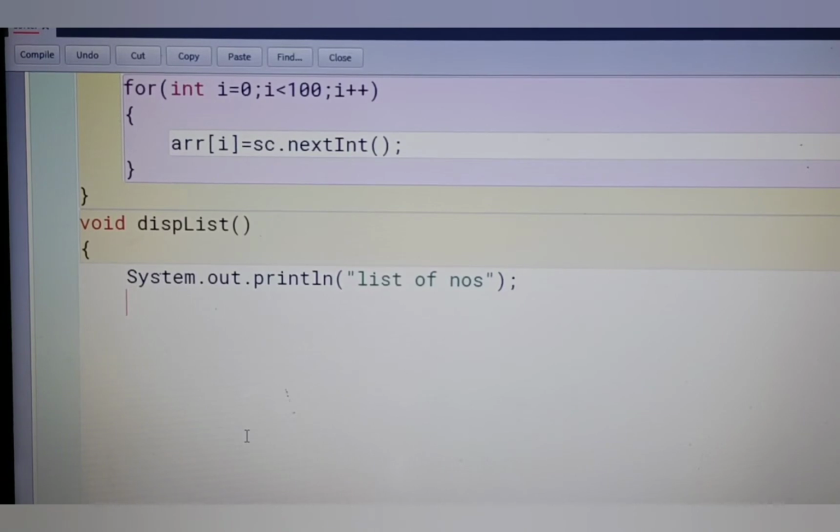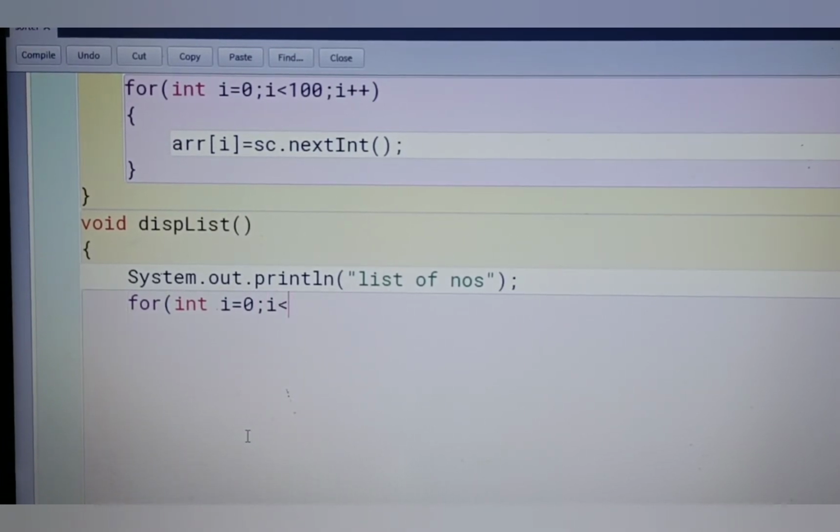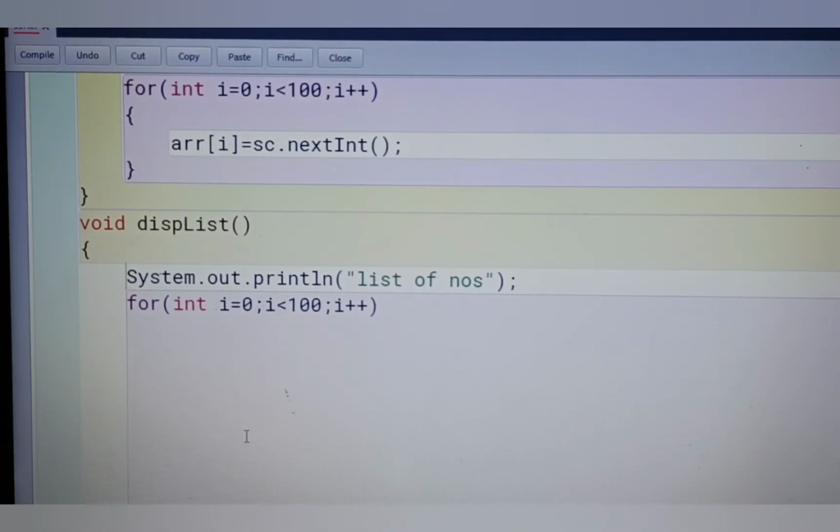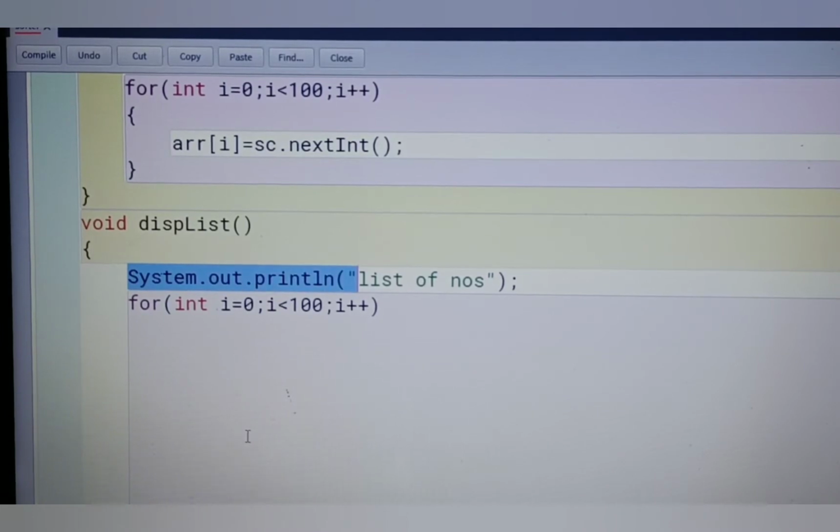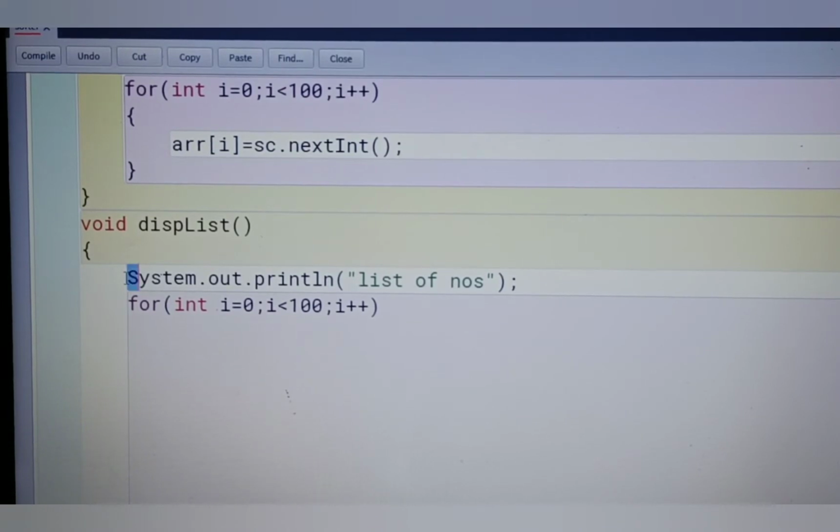Then how can we display? Start a for loop: for int I is equal to 0, I less than 100 and I plus plus. After starting the loop, simply print the array of I value. So here we copy this statement. We have to print in a single line, so don't write the ln statement here.